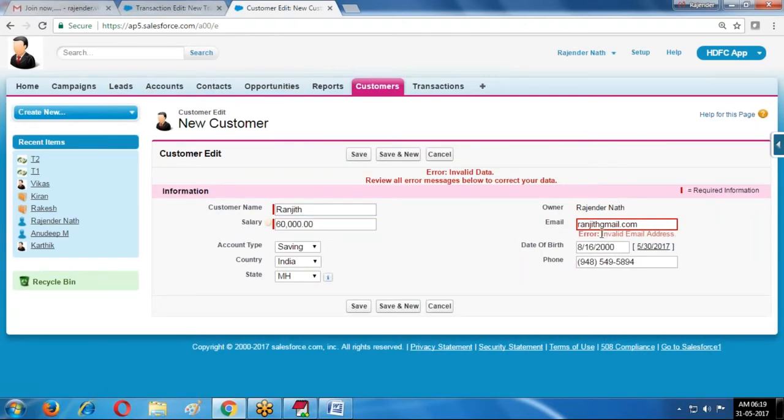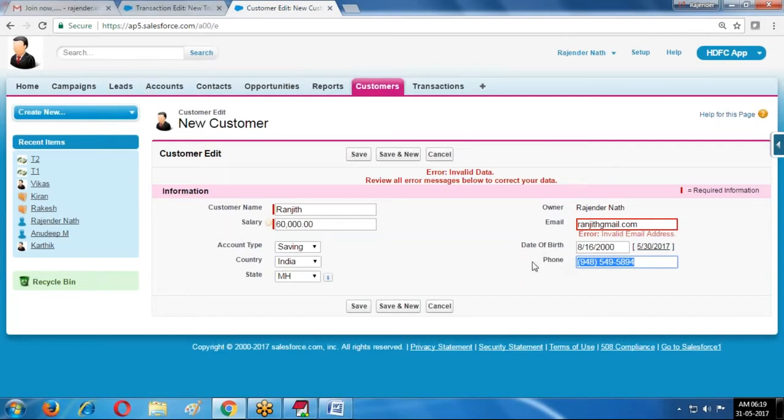Because the phone number you provided is in an invalid format. The at the rate symbol is required. And whenever we enter a phone number, based on the country locale and country format, it is converted by default into that format.